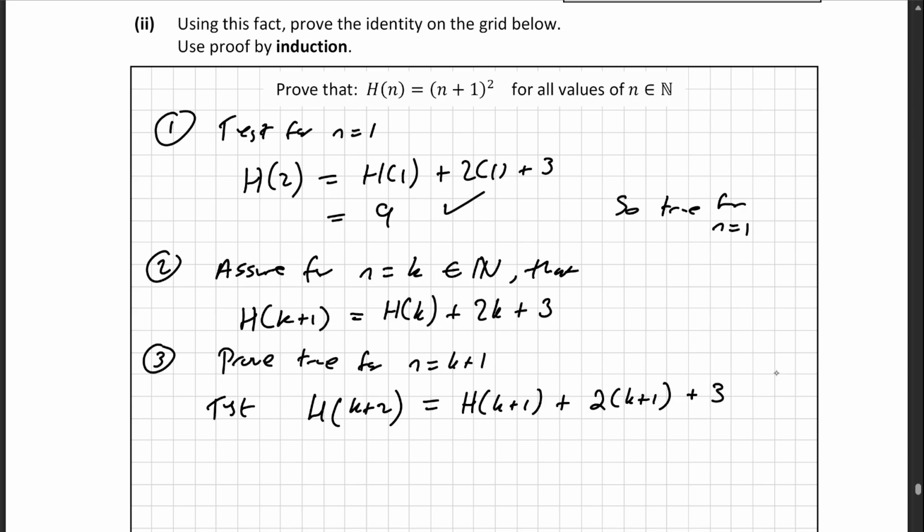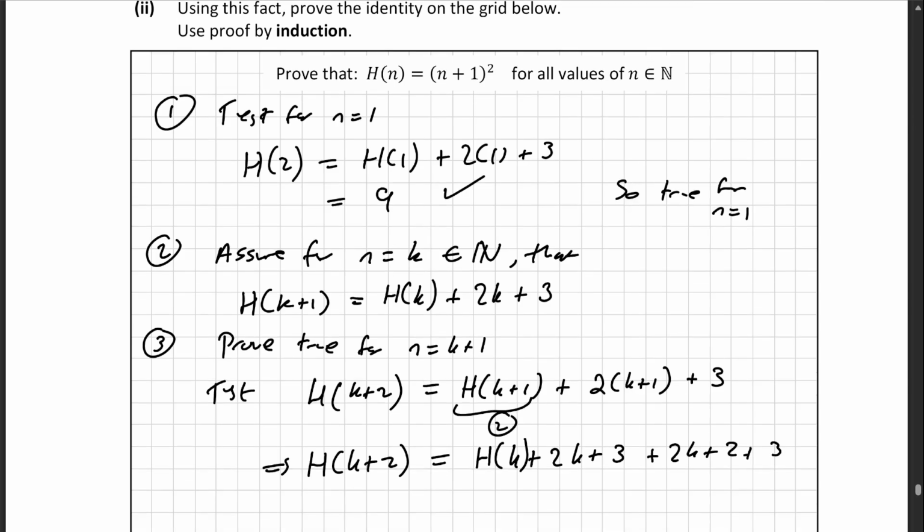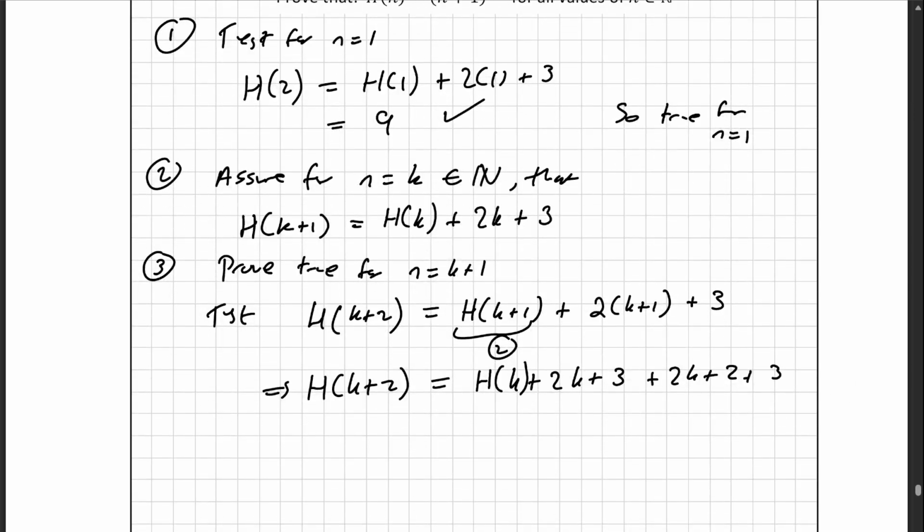H of k plus 1 we know. So from step 2, we'll get h of k plus 2 equals h of k plus 2k plus 3 plus 2k plus 2 plus 3. So we'll have